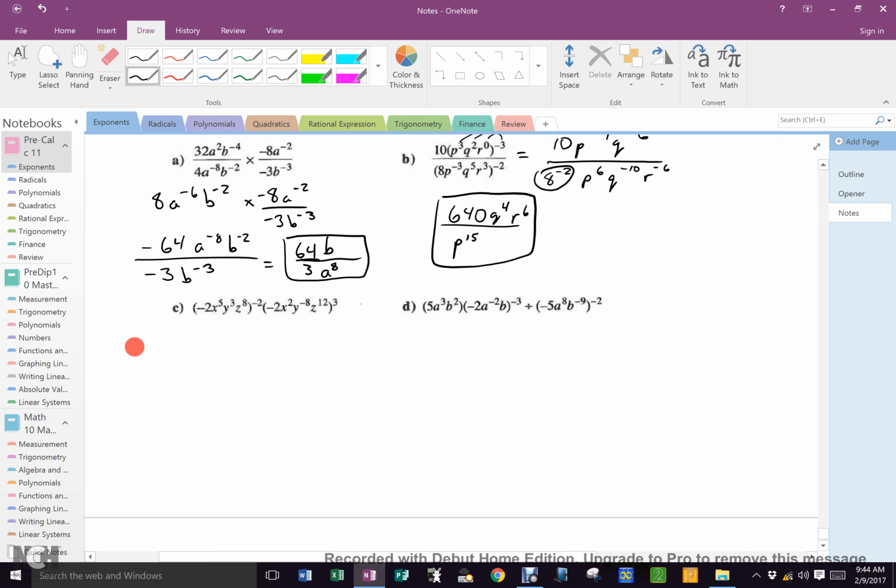Okay, this is negative 2 to the negative 2, x to the negative 10, y to the negative 6, z to the negative 16, times 8, x to the 6th, y to the negative 24, z to the 36th. Now, this becomes 1/4 positive, 1/4. So 8 times 1/4